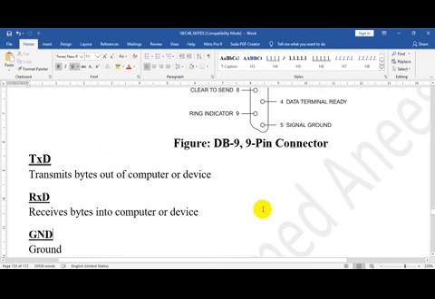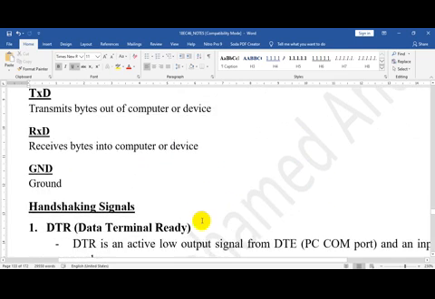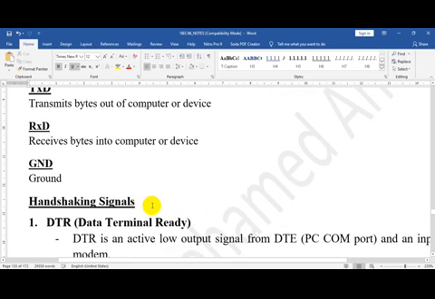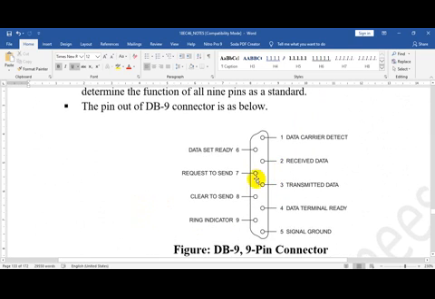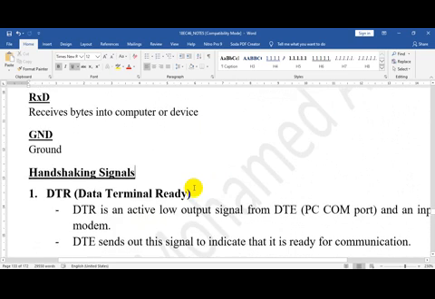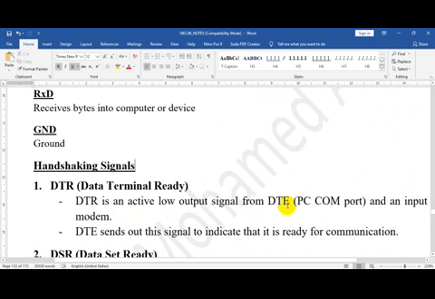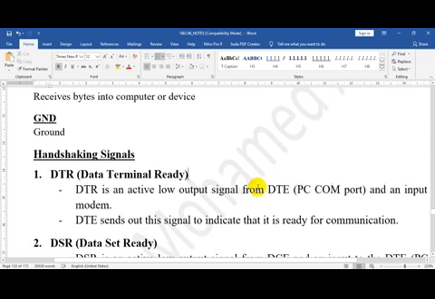Now the other 6 signals are called handshaking signals, and all these signals are related to synchronous communication. As I told, what we are having is asynchronous, but in synchronous communication, the devices need to talk to each other before the communication starts.